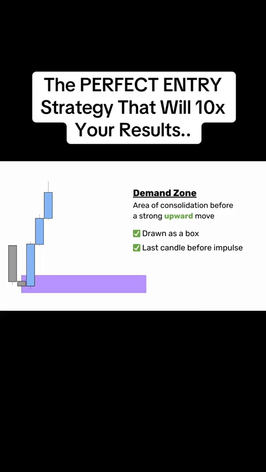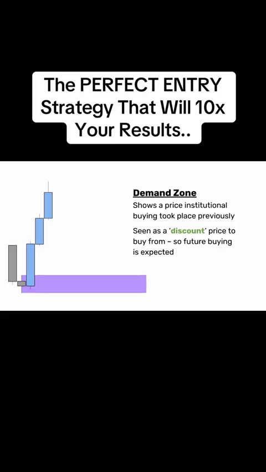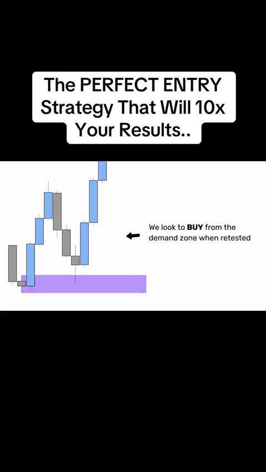a large push upwards. And the idea is that a demand zone shows a price that institutional buying took place at previously. So very large players in the market placing very large orders. That's why we get these big drives away, and that's what a demand zone is indicating. The idea here is that this is seen as a discount price to buy from. So future buying is expected if price returns to this level. Here is exactly what we would expect to see from a demand zone. We look to buy from the demand zone when it is retested because we expect to see more of that